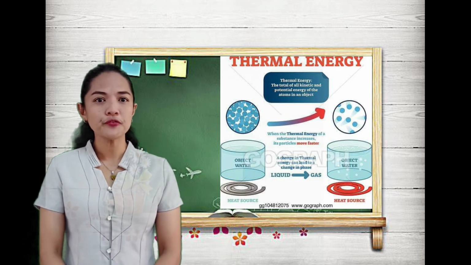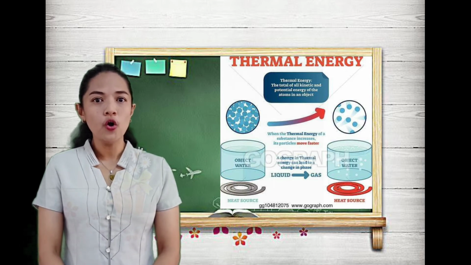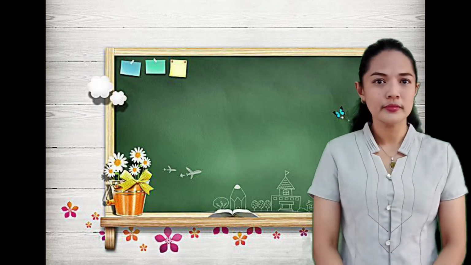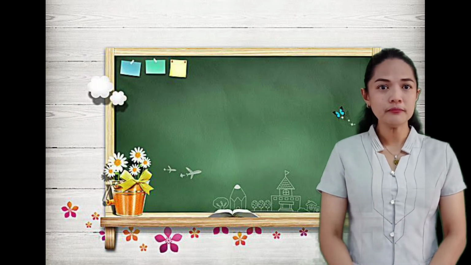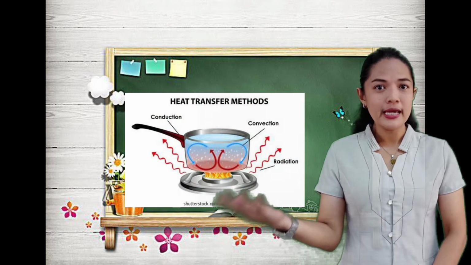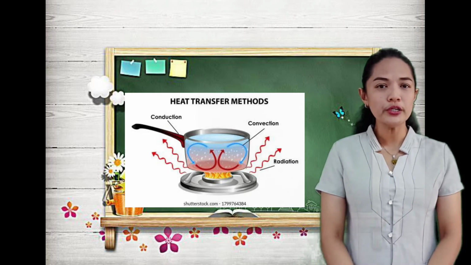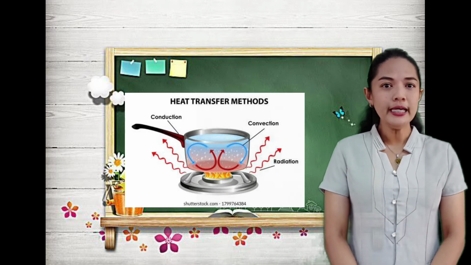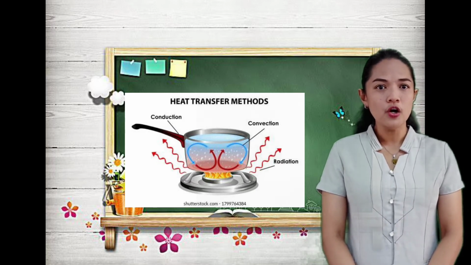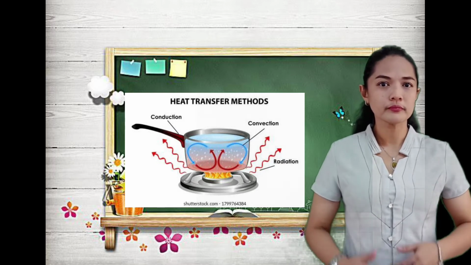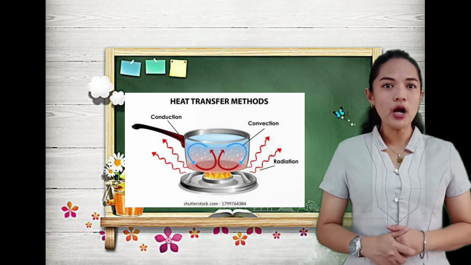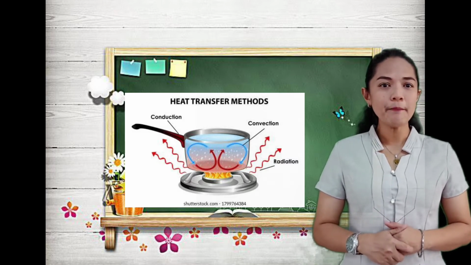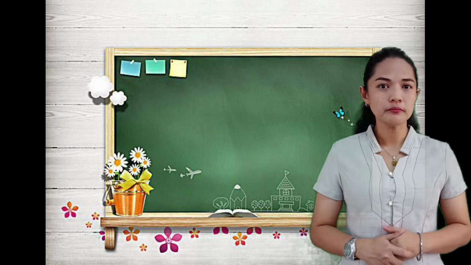Temperature measures the amount of thermal energy or the degree of hotness or coldness of an object or a system. Heat is the transfer of the thermal energy from a body with a higher temperature to a body of a lower temperature. The process of heat transfer can happen in 3 ways. These are the